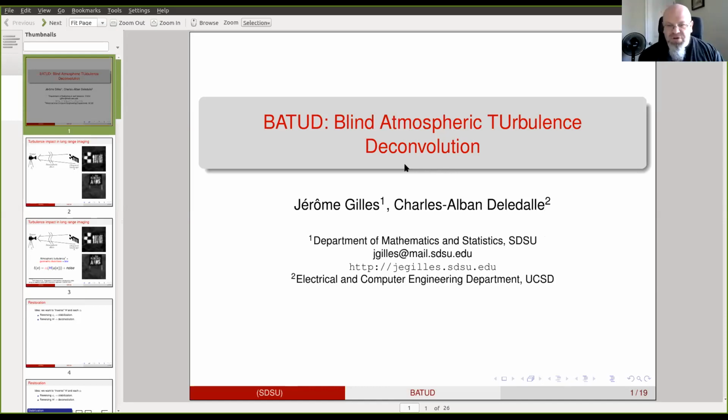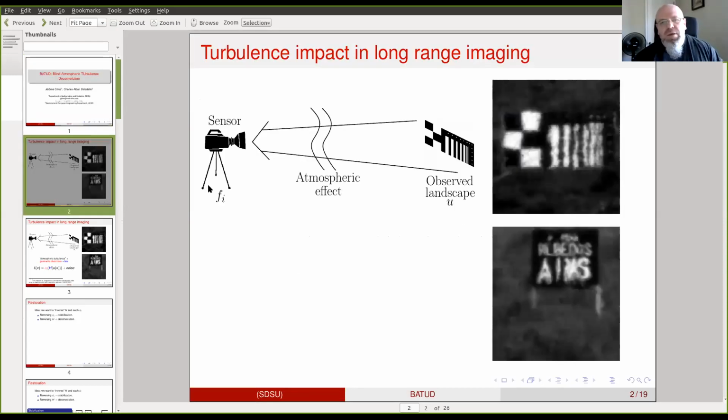First, let me give you a general overview of the problem. Imagine we have a sensor, a camera, that looks at some objects. Here it's just a fictitious panel board, but it could be any target, like a tank or whatever. The important point is that the distance between the camera and the object we are looking at is pretty far. And of course, over such a long distance,